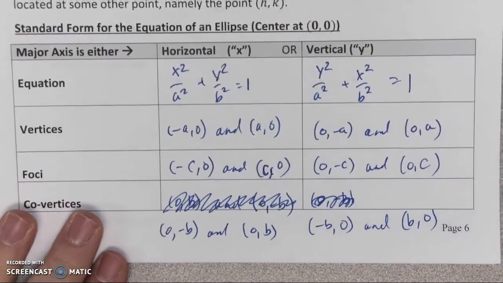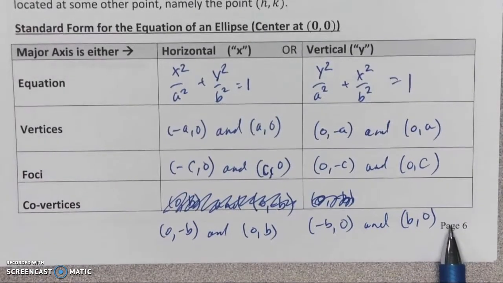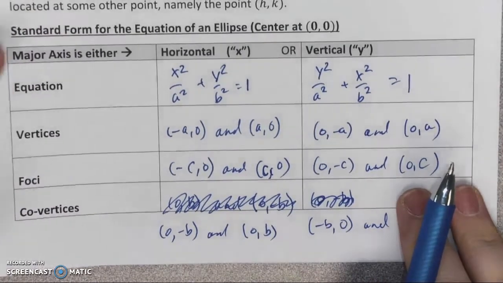Okay, so in the last video, we stopped with filling out this chart for the standard form for the equation of an ellipse centered at 0, 0. And remember we said you could have a horizontal ellipse where your major axis is your x-axis, or you could have a vertical ellipse where your major axis is your y-axis. So going to the next